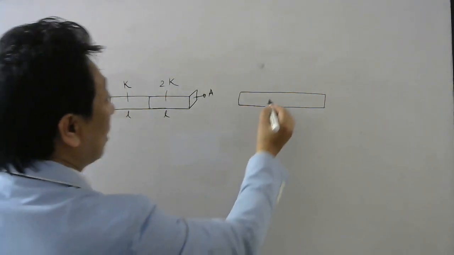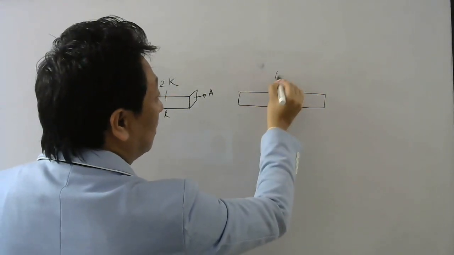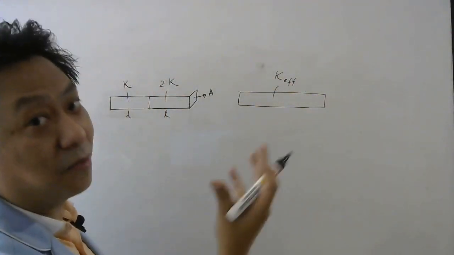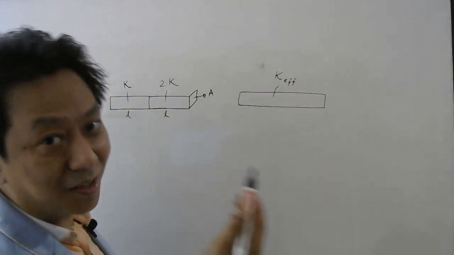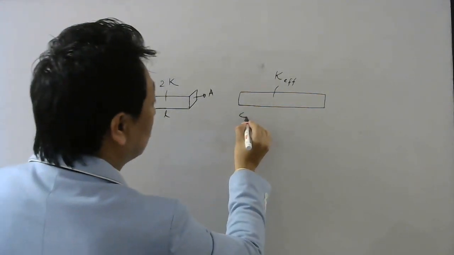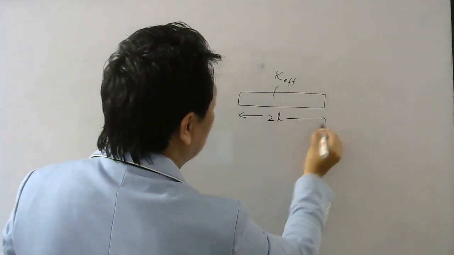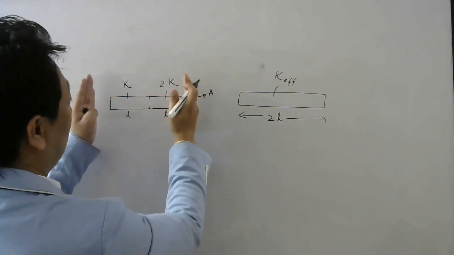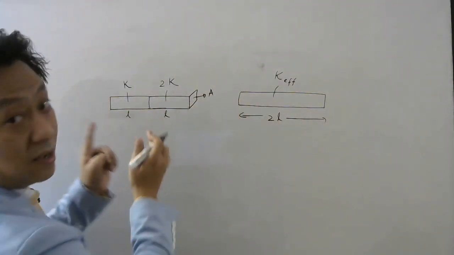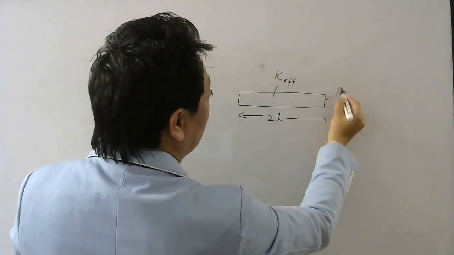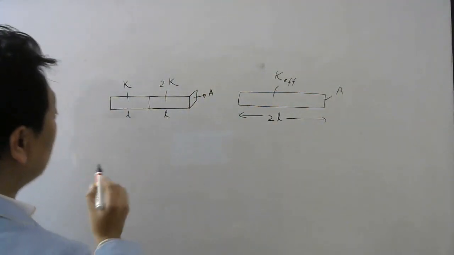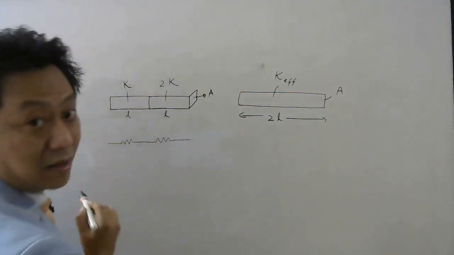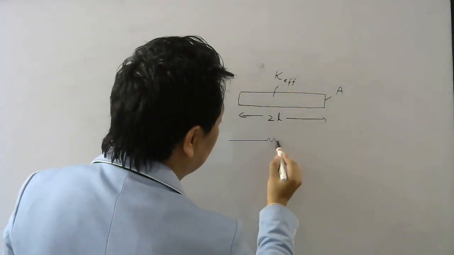So whatever is the thermal conductivity of this, let me call it K effective. Some people call it effective also, or you can call it equivalent rod. Now the length of this rod will be obviously 2L, right? Because wherever is this 2, you have to replace this by there. So if these two are in some area, you have to replace this in the same area. This area is A, this area will be also A. Now, if you look carefully, this is like two resistors in series, isn't it? And this is your equivalent resistance, right?